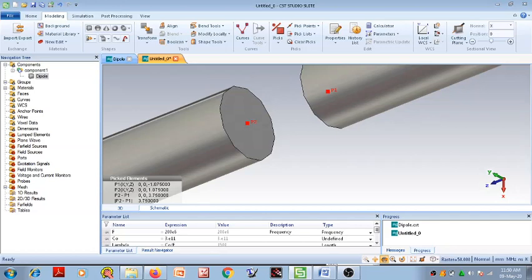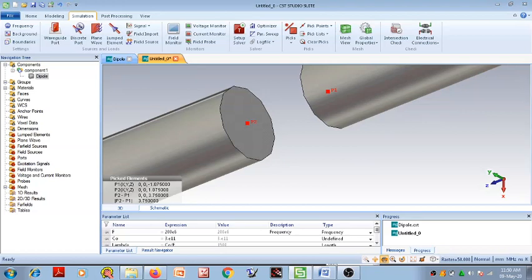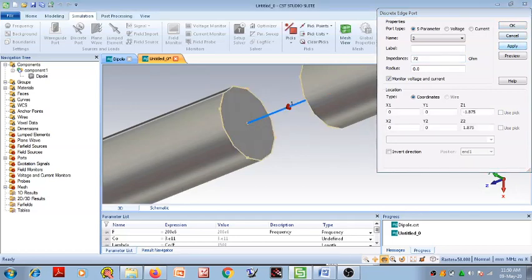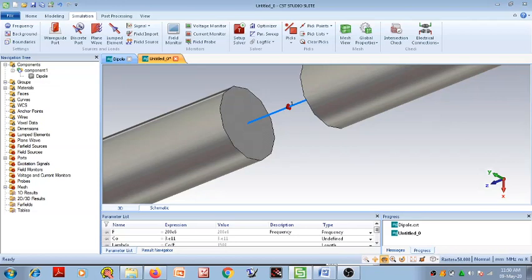Okay, now after that go to simulation, click on this discrete port. As we already selected the point, the discrete port is connected between these 2 points. The dimensions here are chosen automatically. Normally the impedance of a dipole is 72 to 73 ohms. We select here the port impedance as 72 ohms. Then click on apply, click on OK. The port is created here, the structure is also created here.